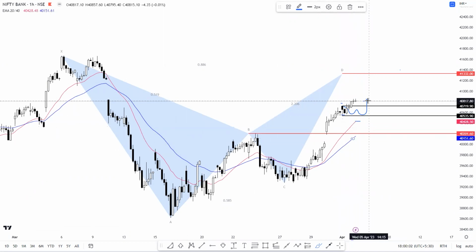Now the upside target is placed at the levels of 41,332, and from the current levels, as we've seen a vertical move on the upside, the bottom line is that a cool off or a pullback towards the moving averages cannot be ruled out here, and if we see demand coming in, then it would hint that Bank Nifty might be gearing up for the next leg